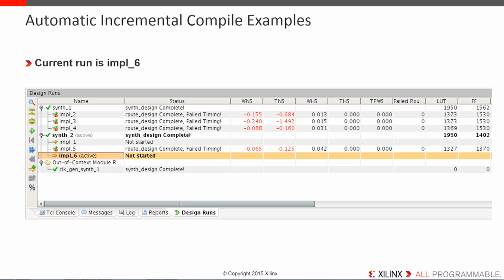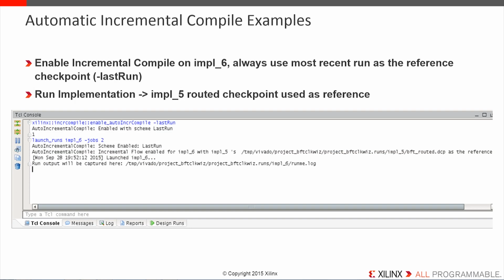Here are some examples of using Automatic Incremental Compile. Here we have a project with several runs, with impl_6 being the active run. We wish to run impl_6 using the incremental compile flow. We enable Automatic Incremental Compile using the proc xilinx::incr_compile::enable_auto_incr_compile, and with the -last_run